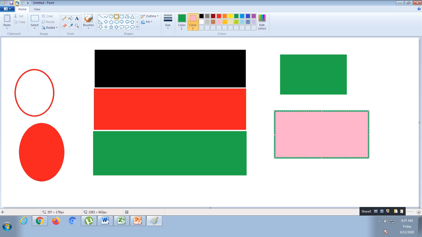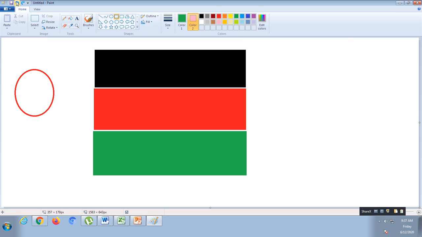So we can undo. Undo will remove all the changes that you've made. Now we want to draw a circle here that is red. I said you select red, color 1 and 2, you can use both to be red. Then when you drag